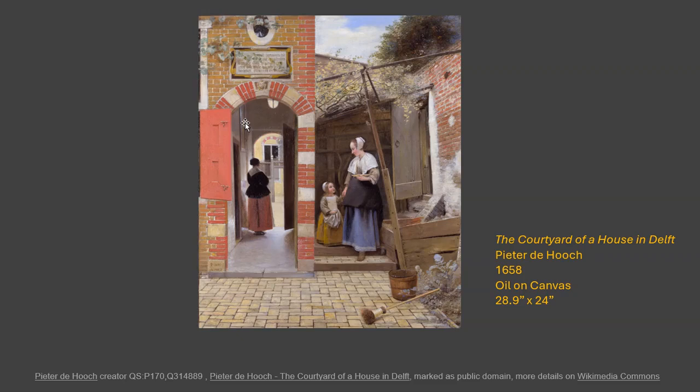For balance, we see that it is set up asymmetrically with figures and shapes of different sizes and grouping on the right-hand side versus the left-hand side here. That asymmetry is also reinforced by having more red used on the left side. You can see it on her skirt and also on the window frame right here. Now, on the right-hand side, instead of red, we see yellow and we see blue. So that creates an asymmetrical feeling, as well as the figures here are larger and the singular figure here is